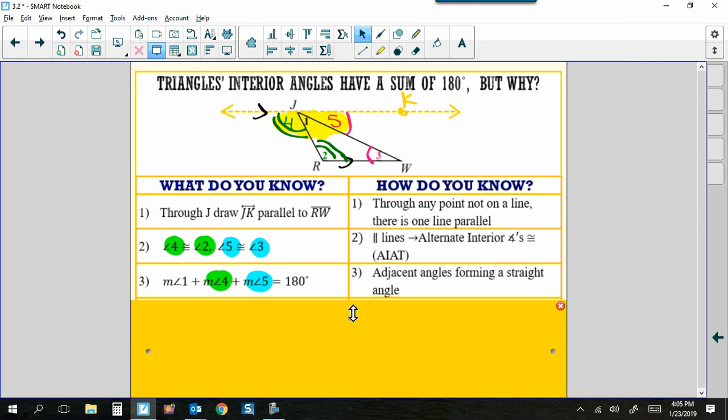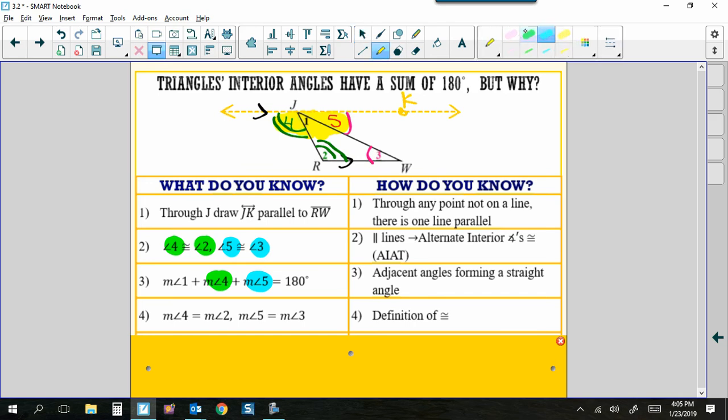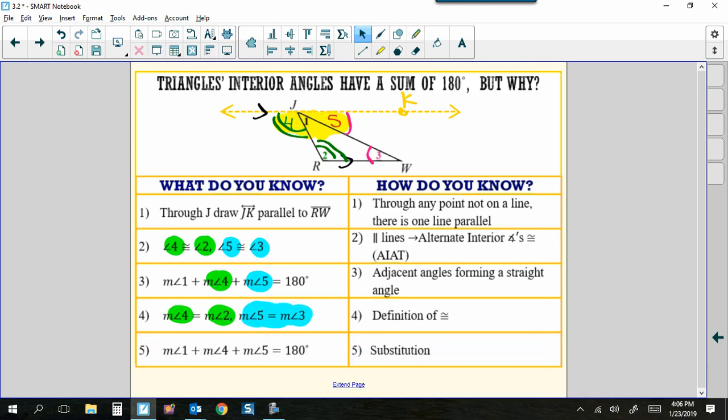Since we're writing equations, we're going to say that because I know the angles are congruent, I know they're equal in measure, because that is what congruent means. So now you can use a property that we learned back in Unit 1. If I want 2 in here, what could I do? If I want 3 here, what could I do? What could I use? I would then say use substitution, and substitute one in for the other.